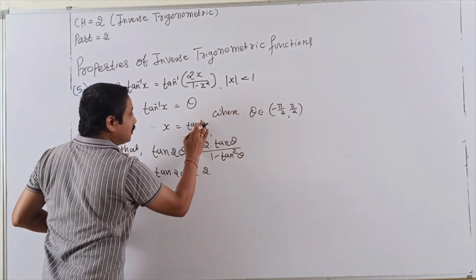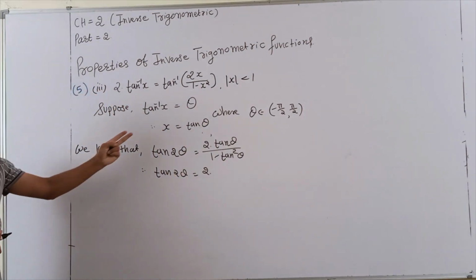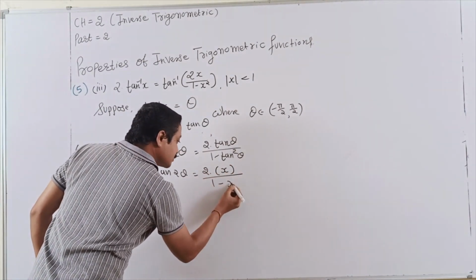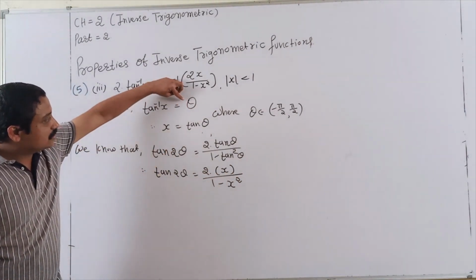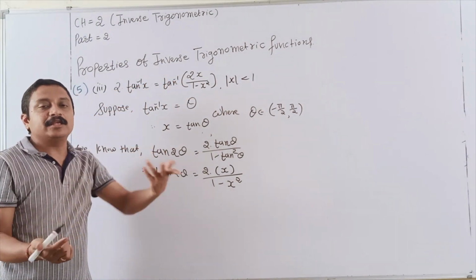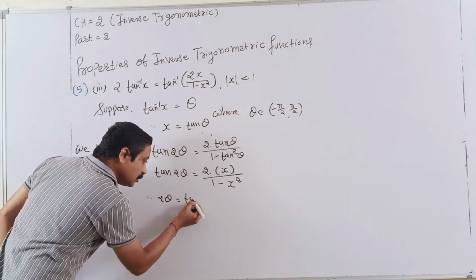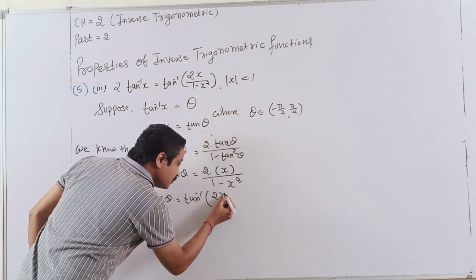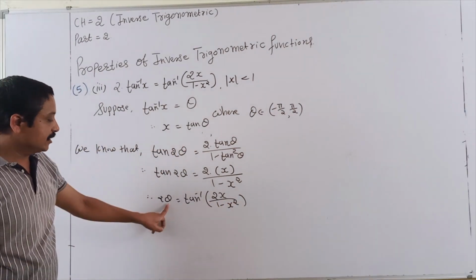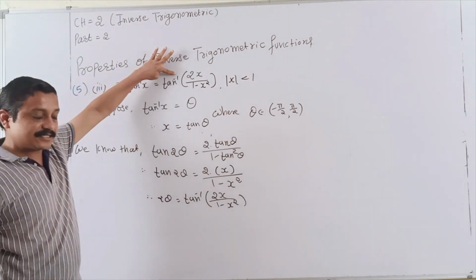Then also you know that x is equal to tan theta, and putting that value, tan theta is x only, and 1 minus x square. Students, assume theta, then the property with theta is putting; if you assume y, then the property with y is putting. So what is the 2 theta? Tan inverse of 2x by 1 minus x square. Finally, our property is done, because theta I already know, and this is our RHS.